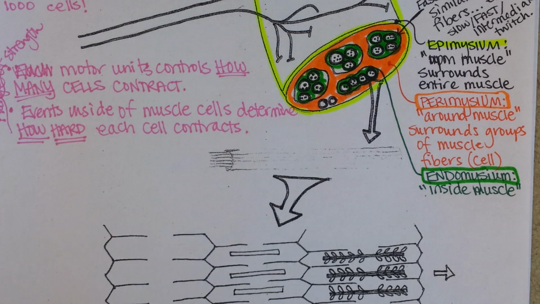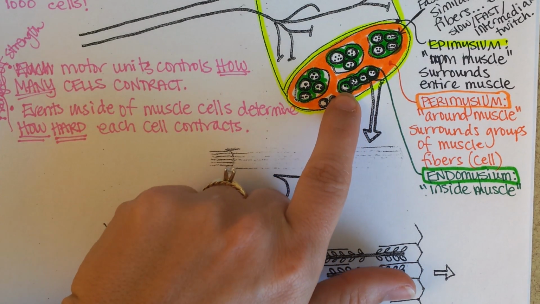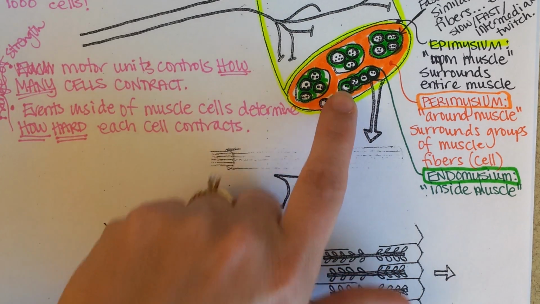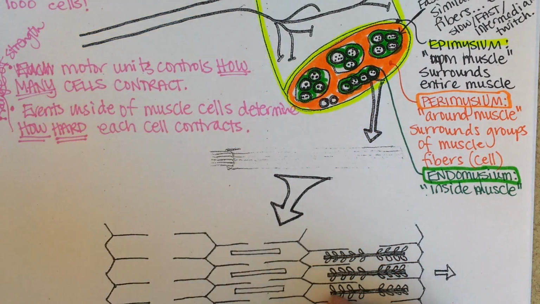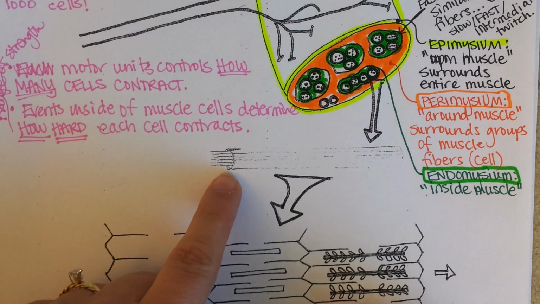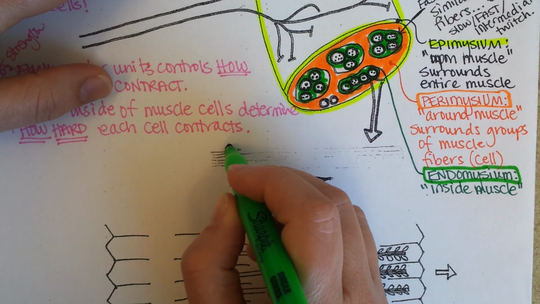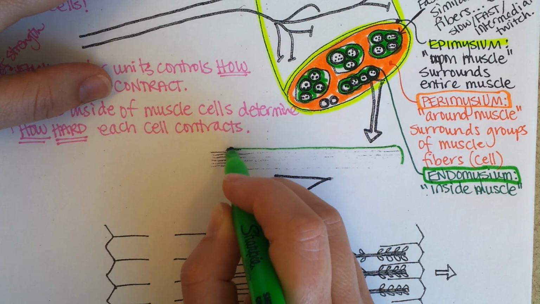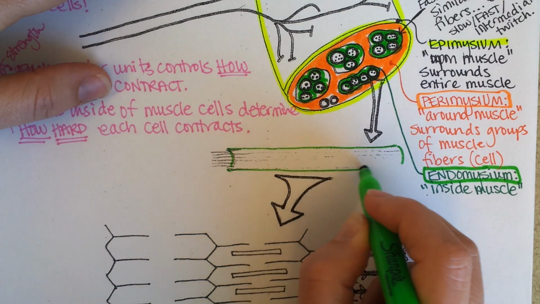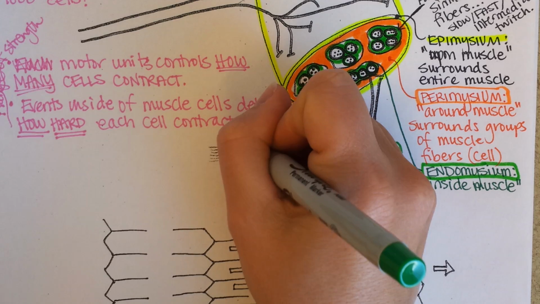Let's look at the microscopic anatomy of a muscle cell. You can see from our picture here that each muscle cell is surrounded by endomysium. And imagine if we pulled one of those out like a straw and laid it down sideways. You can go ahead and use the green for that endomysium. Use the sharp pointy edge of your green highlighter if you can here. So there's endomysium,